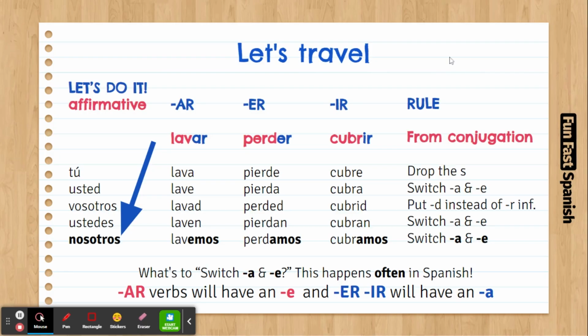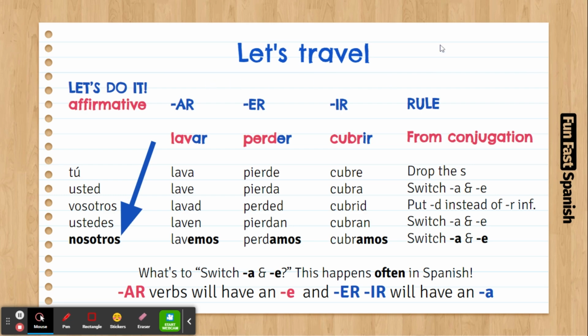Today we are going to learn how to say let's do something or let's not do something. And today's video is very important because we want to encourage people to do things. Sometimes we have ideas and we want them to do these things that we think. So it's very useful, and that's going to train us as leaders also in Spanish when we want to encourage